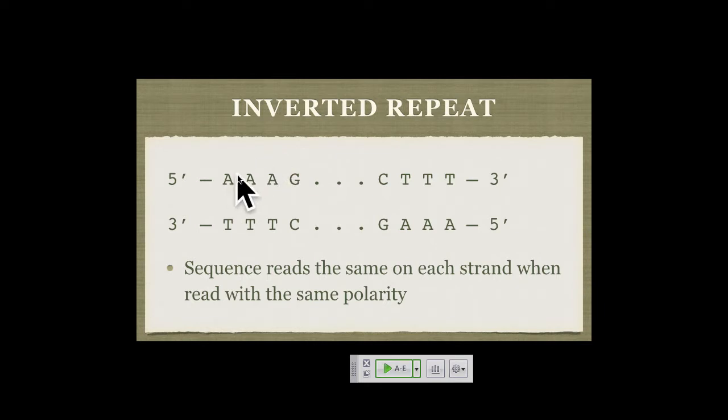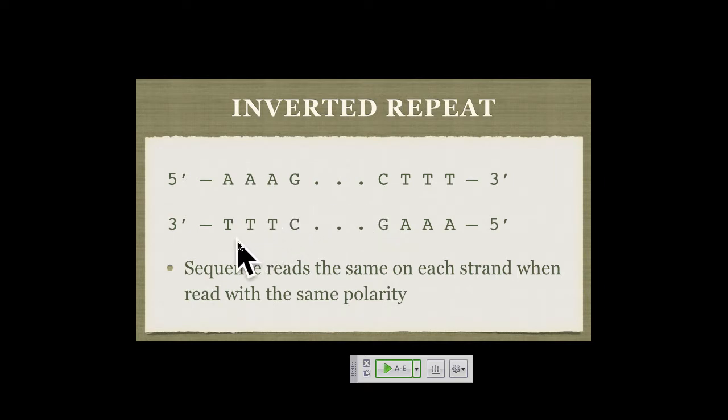So we have a sequence. We got 4 bases. These 3 dots just indicate some other sequences between it. And then we got these 4 bases. If we read this 5' to 3', we have 3 A's and a G. If we go to the opposite strand, now we have to come back right to left. We got 3 A's and a G. Okay. And now we have C and 3 T's, a C and 3 T's.